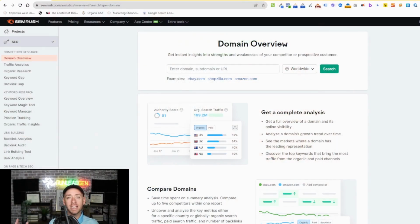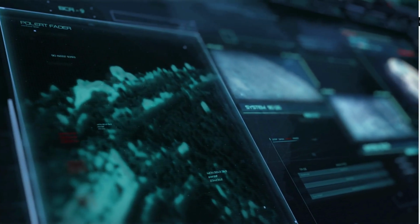SEM or SEMrush. Where Screaming Frog helps considerably with your technical SEO, SEMrush is definitely a tool that will help you with your on-page and in some cases off-page SEO. I'll show you what I mean. It is certainly commonly held among SEOs that a good SEO strategy is looking as far into the future as possible to plan out the site the best that you can. SEMrush is a great place to gather as much of that information as you can to help you make educated